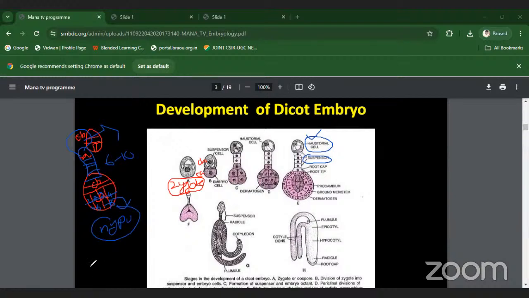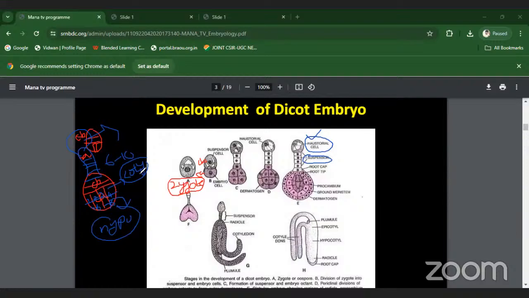In the CA cells, we can see clearly two types. In two tiers of four cells each, the upper tier further developed into cotyledon and stem apex. Cotyledon, this upper part, cotyledon and stem apex form. Like this, finally,